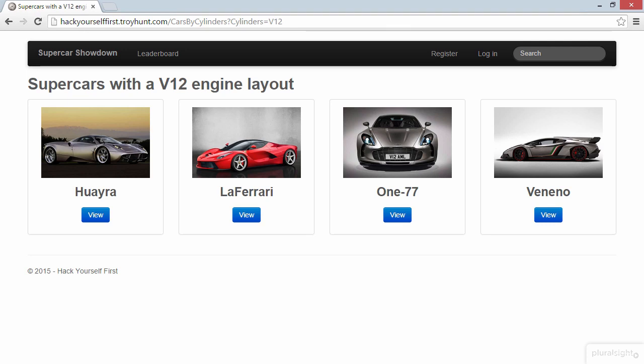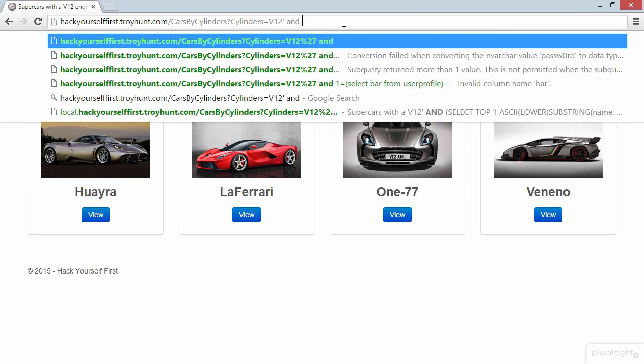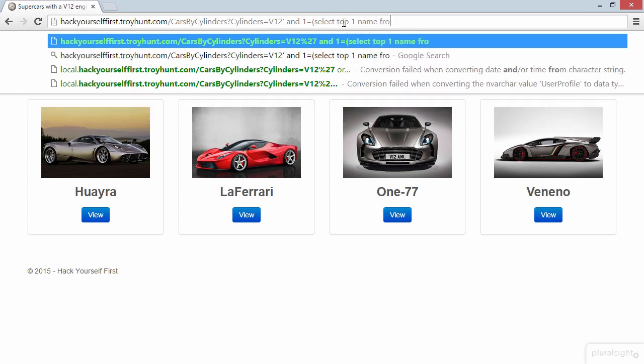We now want to try and extract internal schema details by using error-based SQL injection. Now, we already know a couple of things that we could combine together like this. So let's just close off this string, we'll add a clause, and we'll say where 1 equals, and then we'll just add a subquery. Select top 1 name from sys.tables. Comment out the rest, run that,